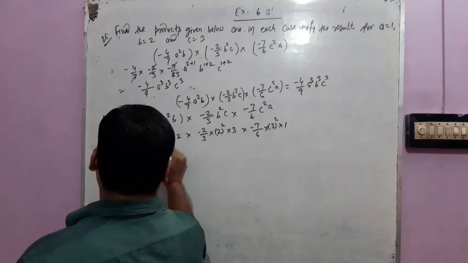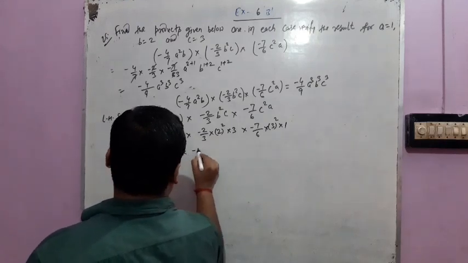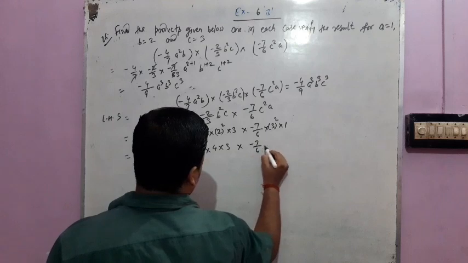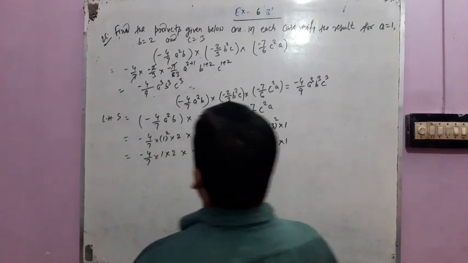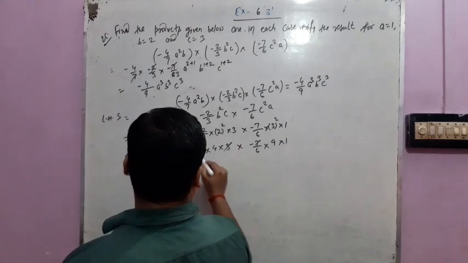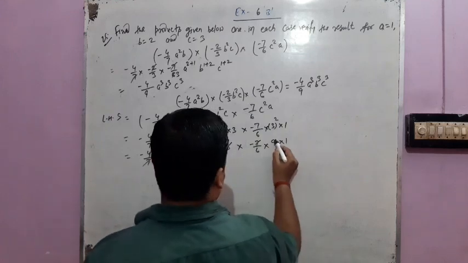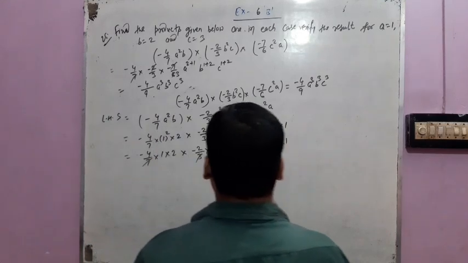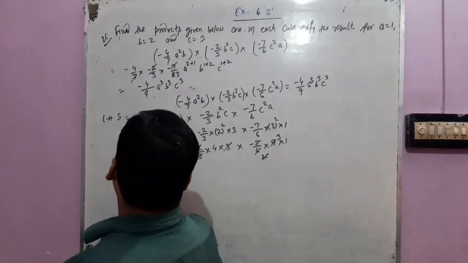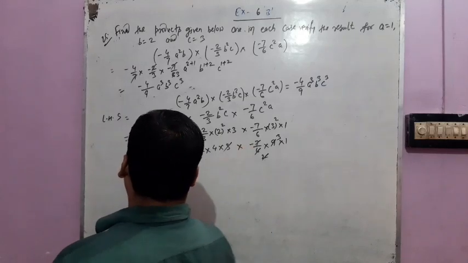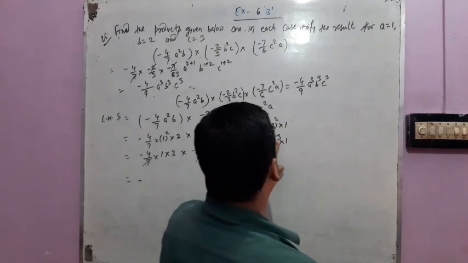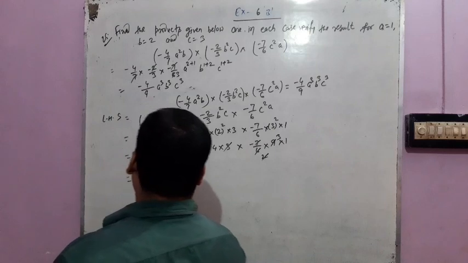Minus 4 by 7, the square of 1 is 1, into 2. Minus 2 by 3, the square of 2 is 4, into 3. Into minus 7 by 6, the square of 3 is 9, into 1. So here 7 and 7 reduce each other, 3 and 3 reduce each other, 3 3s are 9 and 3 2s are 6, and 2 and 2 both reduce each other. Now what remains? First we have to do the signs: minus minus plus, plus minus minus. Now 4 1s are 4, 4 2s are 8, 8 4s are 32, and 32 3s are 96. So the answer will be minus 96.